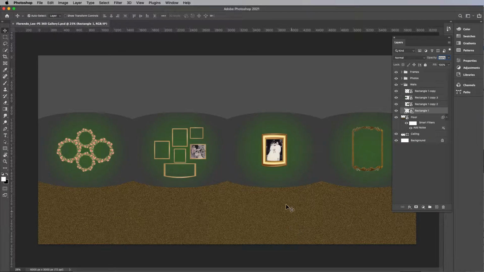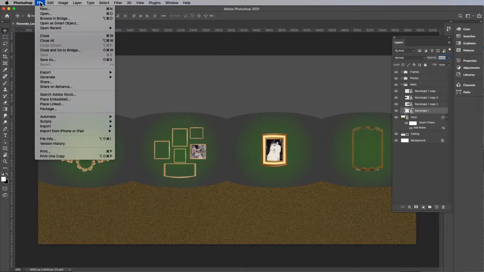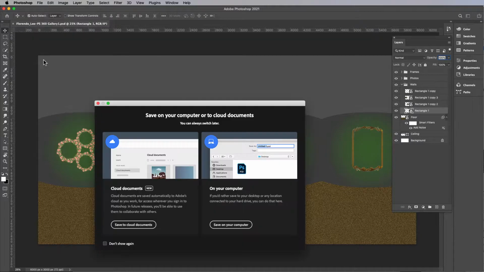So there's a way to test your file in 3D in Photoshop, but this is a very, very crucial step. Okay, so testing your file in virtual reality will take all of your layers and flatten them into one layer, which is bad because then you can't go back and edit them. So before you ever do any kind of test, you must always go File, Save As, save it on your computer,